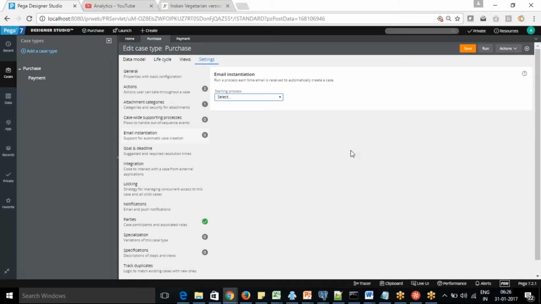For an interview case, you get some candidate profiles in email. So how are we going to process them from the email into your flow? If you want your case to be created by receiving the email itself, then we can go for this option. That we usually call email instantiation. Okay.